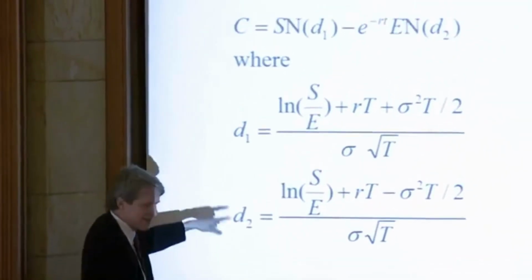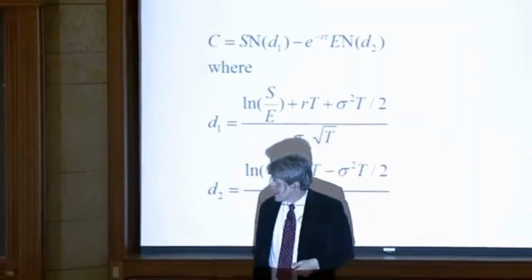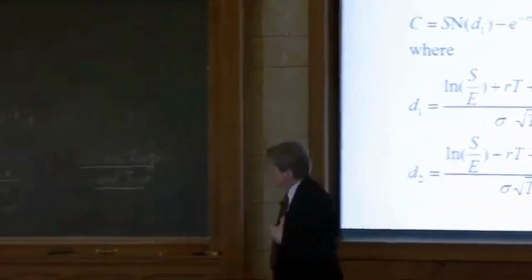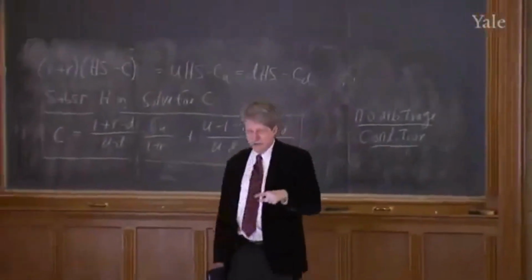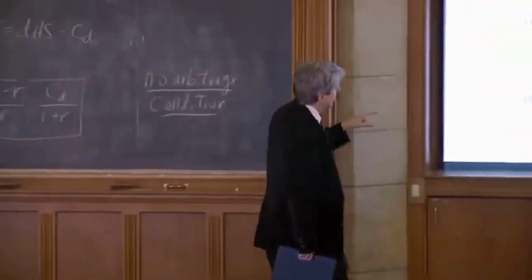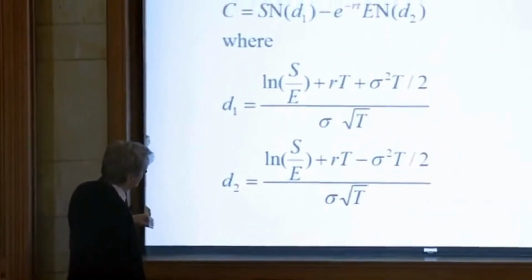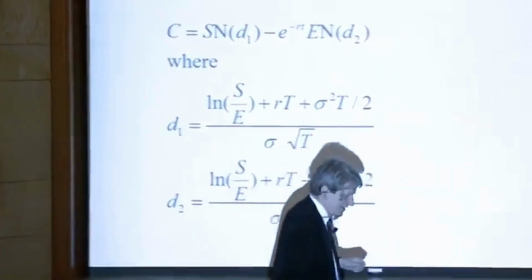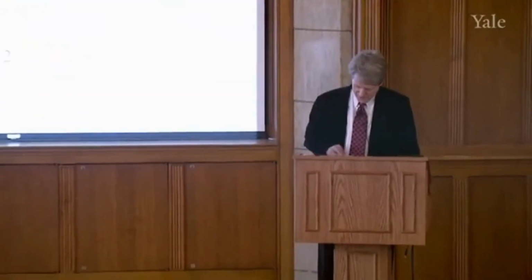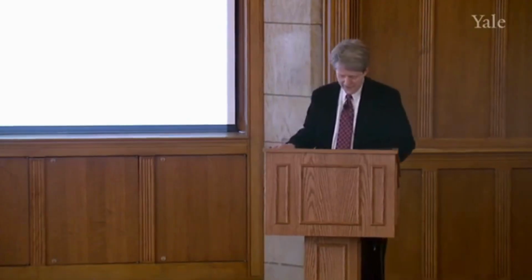But I'm going to leave this equation just for you to look at. What it does do is it shows the option price as a nice curvilinear relationship, just like the one I drew by hand, which then as time to exercise goes down, as we get close to the exercise date, that curve eventually coincides with the broken straight line. So now I wanted to tell you about implied volatility.